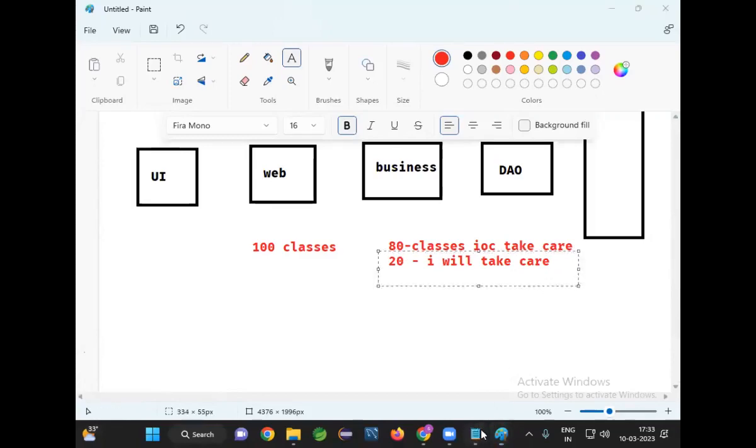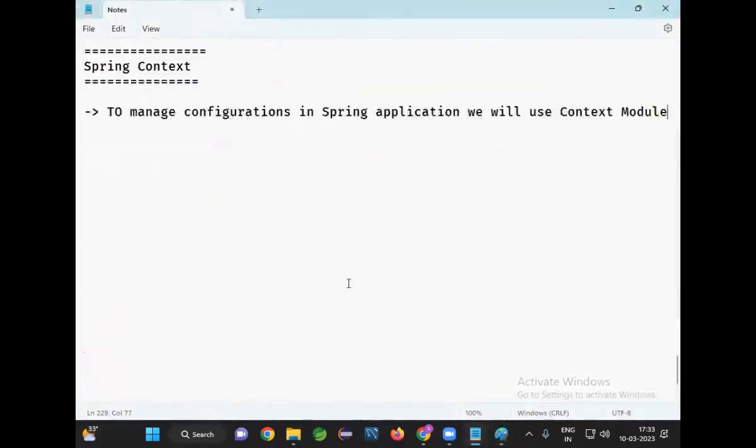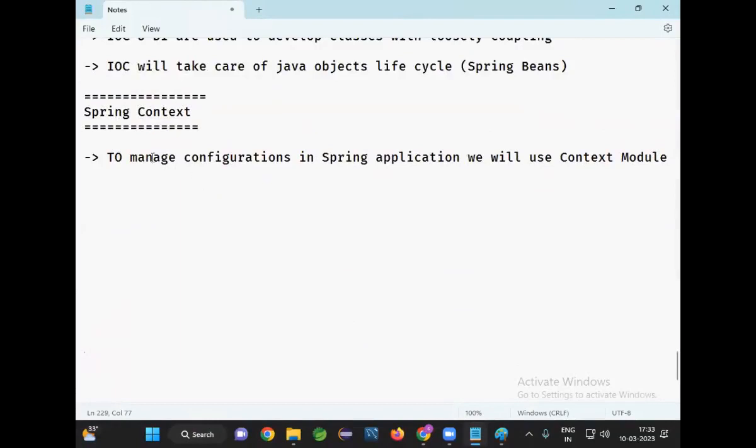So how will we provide the configuration to the IOC? To provide the configuration to the IOC, we are going to use a module called the Spring Context Module. It provides configuration support required for IOC. It provides configuration support for managing